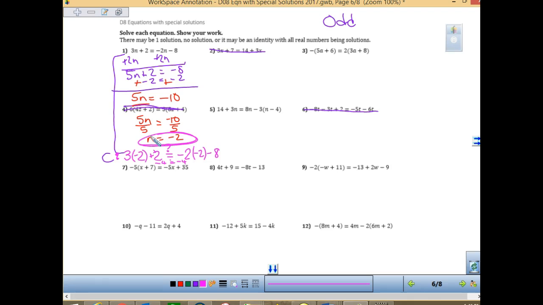So by crossing off the evens, you should have enough room to show the work for each problem. Now some of them you're going to get an answer. Not all of them are going to be all real numbers or no solution. So show your work, okay? As you are working the rest of the time,